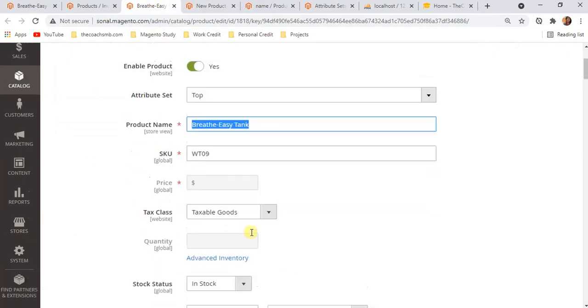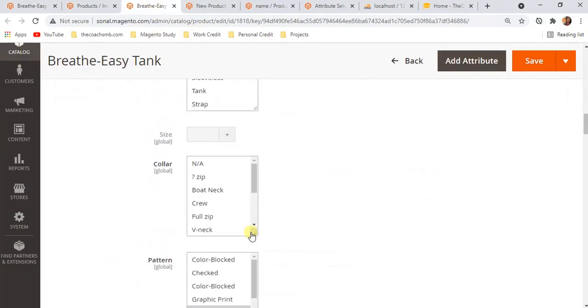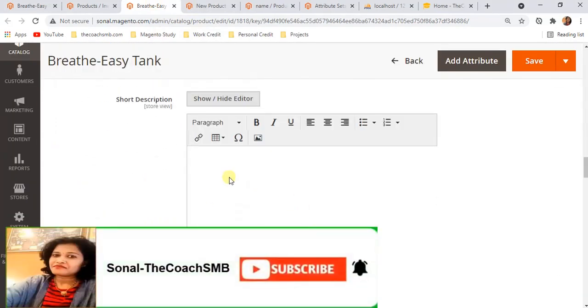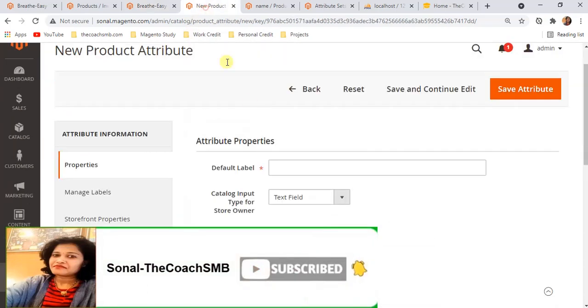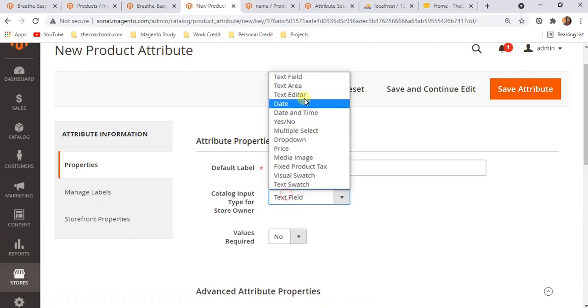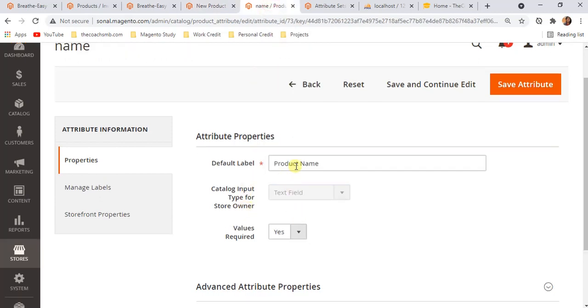If you want a text area like this, you can choose, we can give that area also here, from text field, text area, text editor. So these are the input types which we can assign to our attribute, right? So let's take an example of text field. What are the text field attributes? Product name is a text field attribute. Let's see some other.